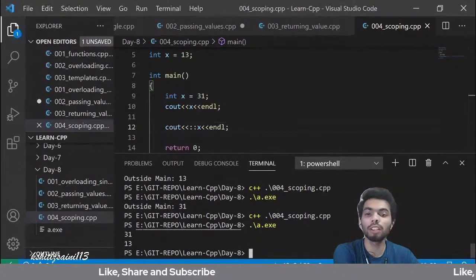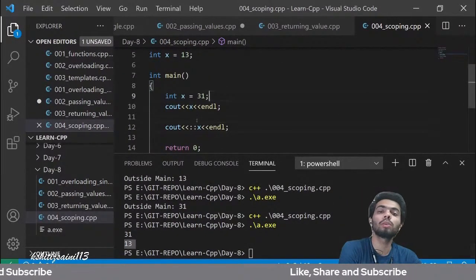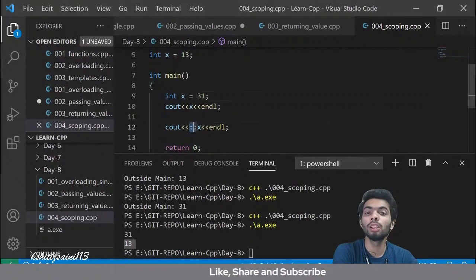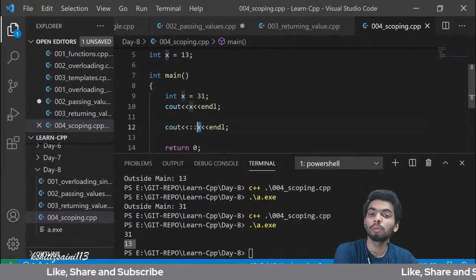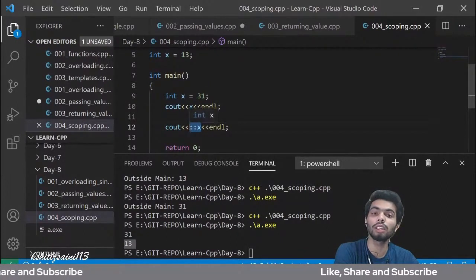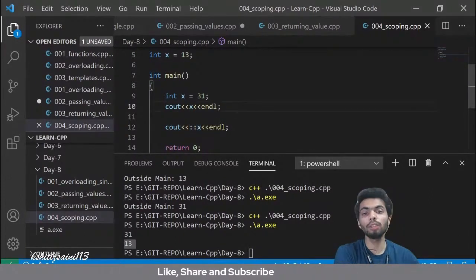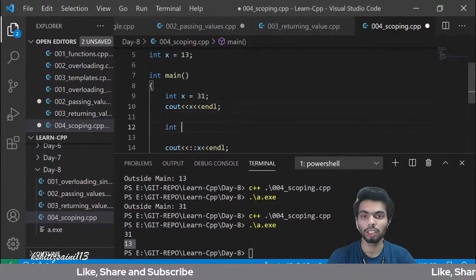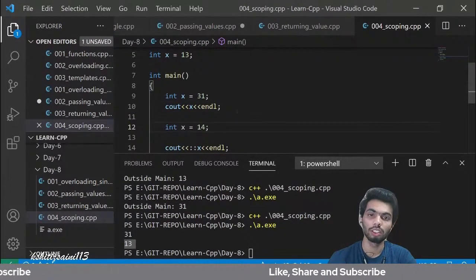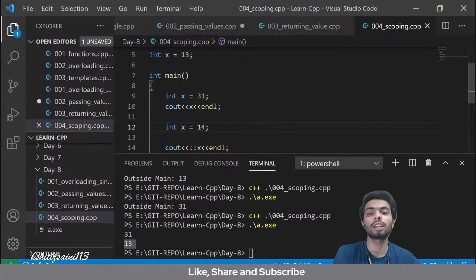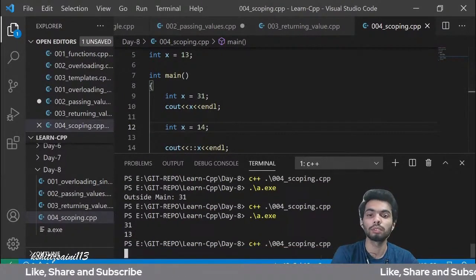अभी देखो ये 31 पहले था, 13 वैल्यू इज नाउ एक्सेसिबल। अब ये कैसे डिफरेंस है, बिकॉज हमने बता दिया कि जो वेरिएबल ग्लोबल स्कोप में प्रेजेंट है एक्सेस दैट वेरिएबल, तो वी हैव टू एक्सप्लिसिटली डिफाइन कि हमको ग्लोबल स्कोप वाले वेरिएबल को ही एक्सेस करना है। अब एक और इशू आता है कि अगर मान लो मैंने एक वेरिएबल डिक्लेयर कर दिया int x = 14, तो ये एरर दे देगा, बोल देगा x इज ऑलरेडी डिफाइंड। लेट अस कंपाइल आवर प्रोग्राम।